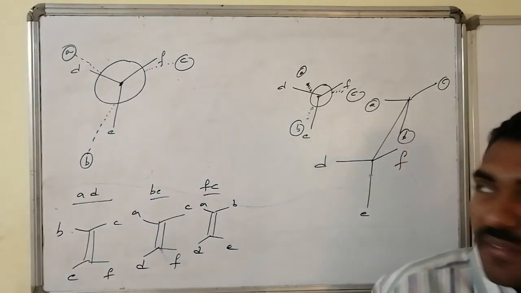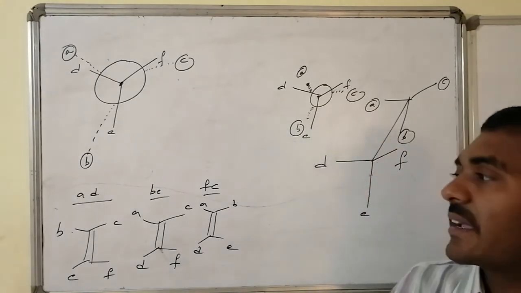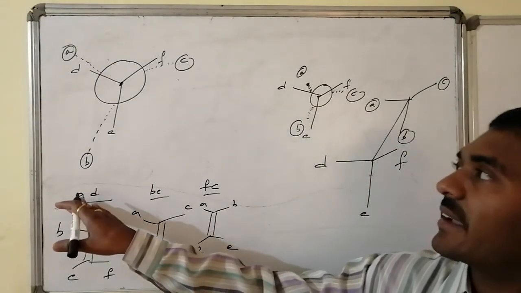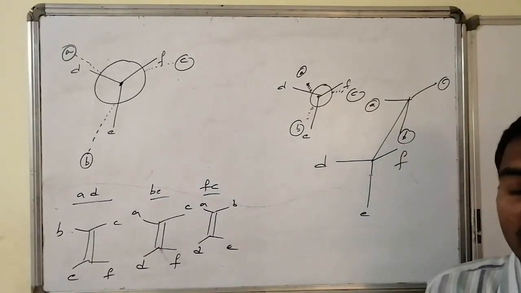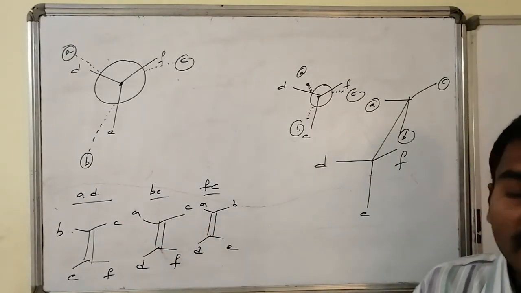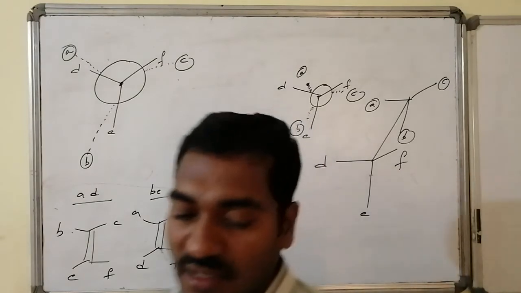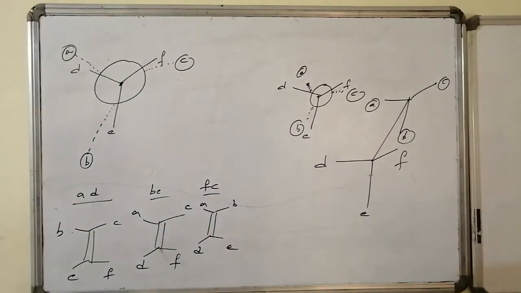So if I apply the even rule, I can change. I can get AD in the same way. I can get A followed by E, A followed by F combinations also, and the corresponding stereochemistry can be predicted from the Newman presentation also. The same thing can be applied for the Sawhorse presentation. Let us go for the Sawhorse presentation next, followed by the corresponding products.